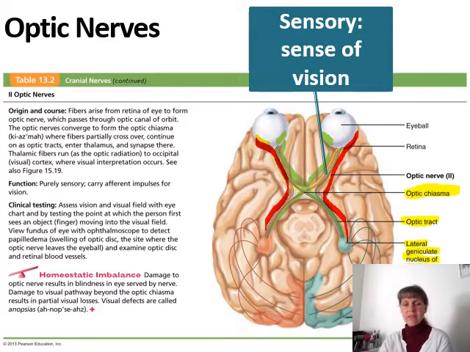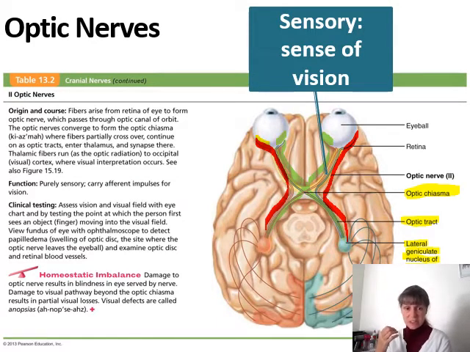And remember, there's a visual association area that will help a person determine what he or she is seeing based on past experiences. For instance, I might look at a doorknob that's different from any other doorknob I've ever seen. However, due to my experiences in the past, I know that I can use that mechanism somehow to open the door, whether it's pushing down on it or turning it, or even grabbing it and pulling it or pushing it. I use my visual association area to help determine what